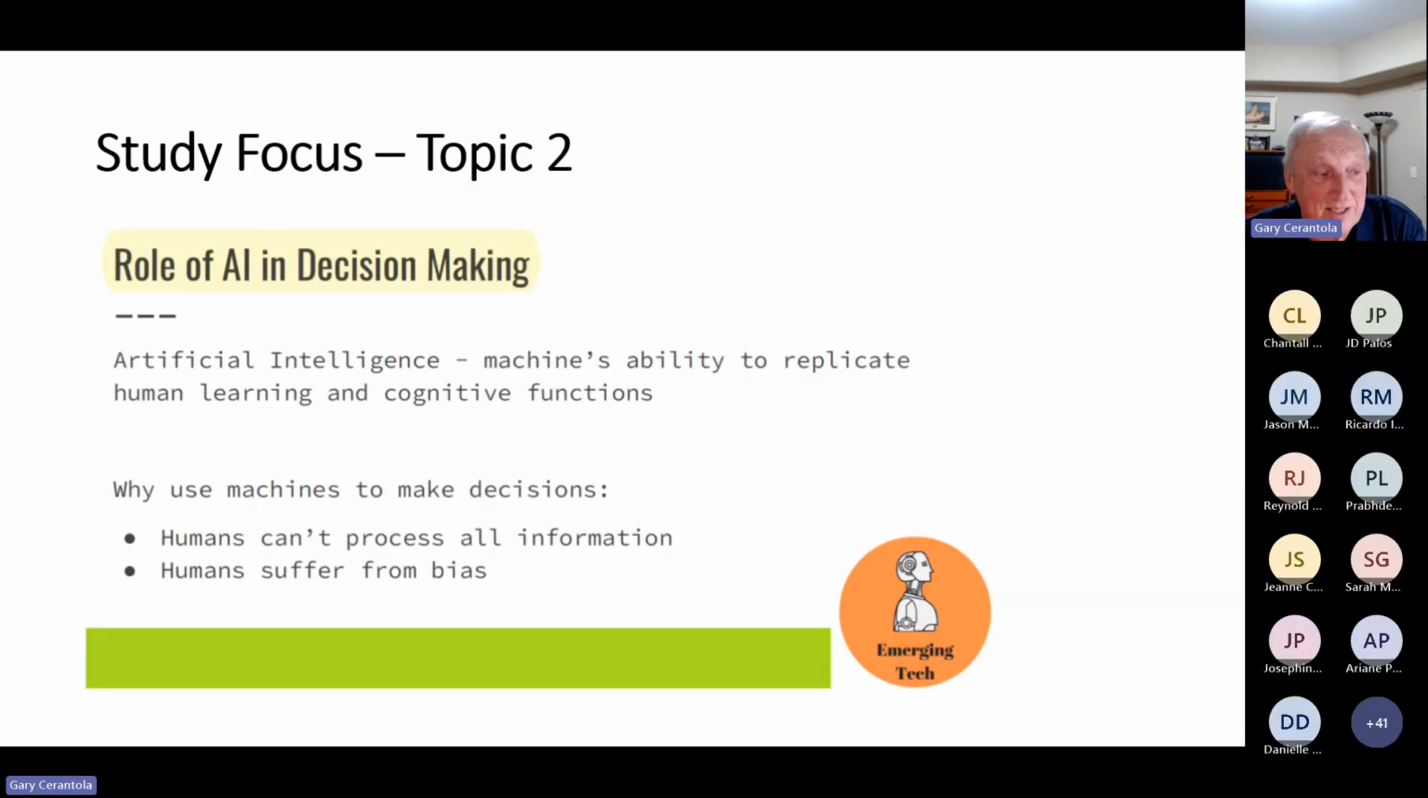All right. Thanks for that question. I appreciate that question. Okay, so let's get back to artificial intelligence. It's the machine's ability to replicate human learning and cognitive functions. All right, but here's the effect of using AI, especially on the front end of you looking at the data,